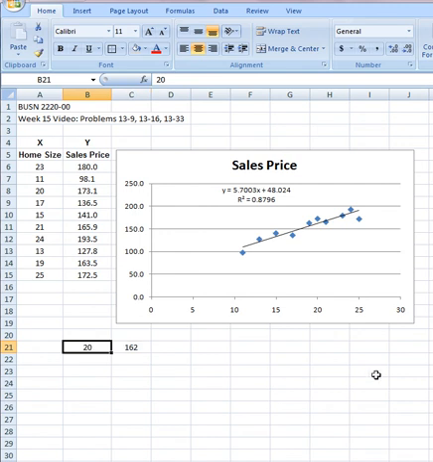And because I used the 20 in the formula here, we could put in 25 and see that it goes up to $190,500. Okay, that's enough for this. Let's move on now to problem, what's my next one here, 16 on page 517 in the book. It says,